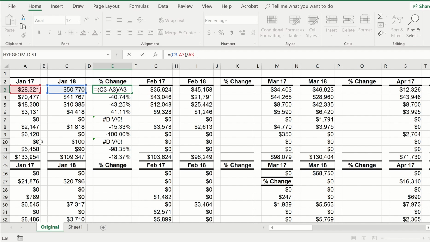So if I can say if this is 0 and if this is greater than 0, then I can display 100% here, and that's going to look a lot better than having an error. So let me try that. Let me put an if